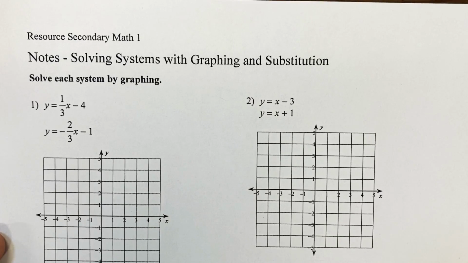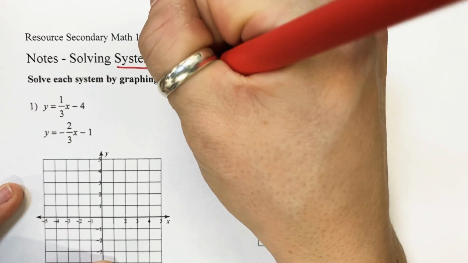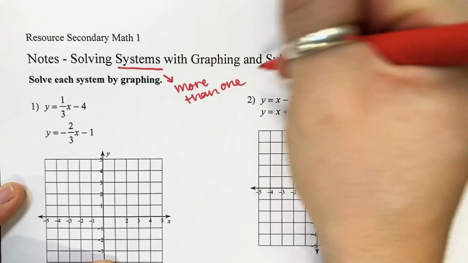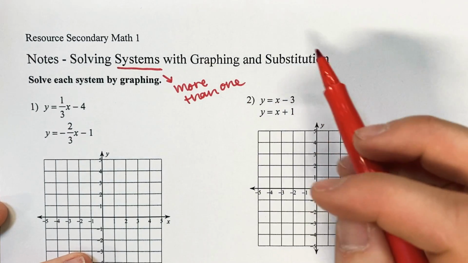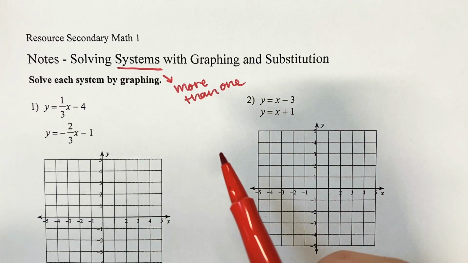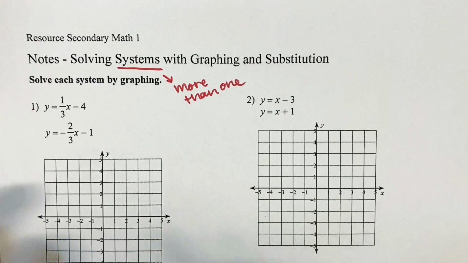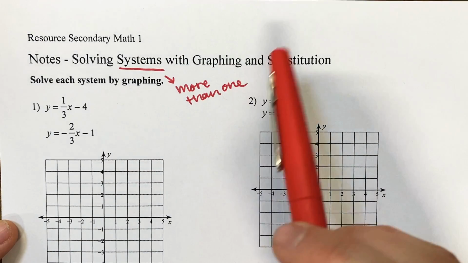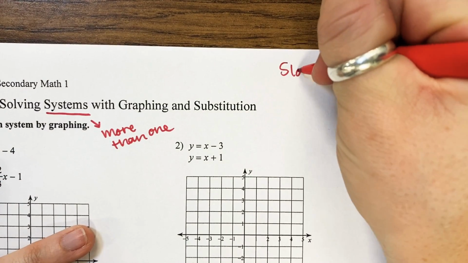Okay, so remember, when we're talking about systems, it just means more than one. So we're either going to graph more than one equation, or we're going to have more than one equation in order to solve something, okay? So let's go ahead and review. Sorry, I was thinking about what I wanted to do first. Let's first make a note in our paper, just like we did last time, about slope,